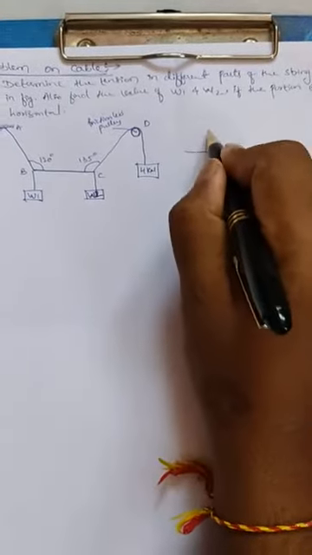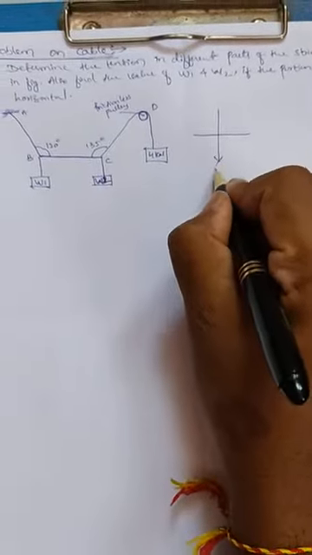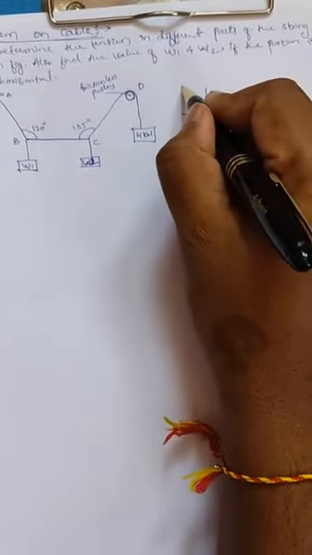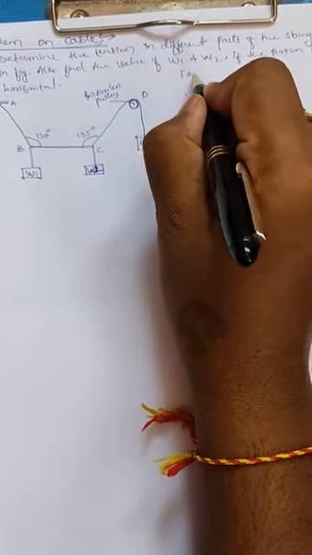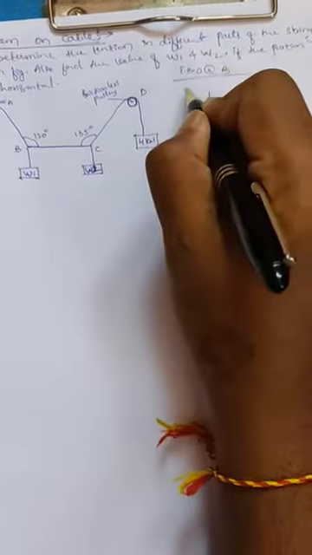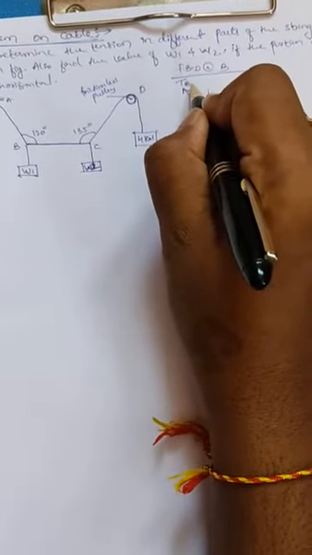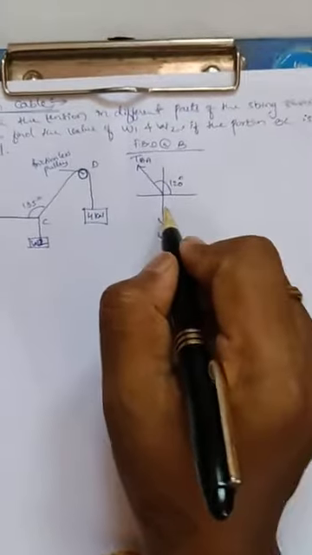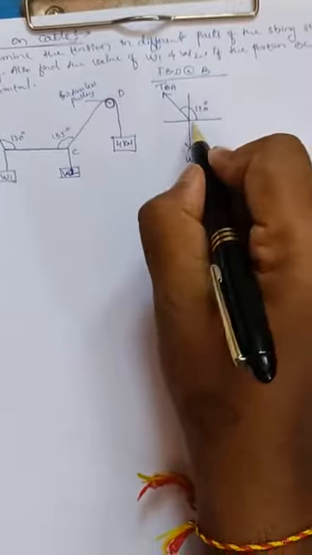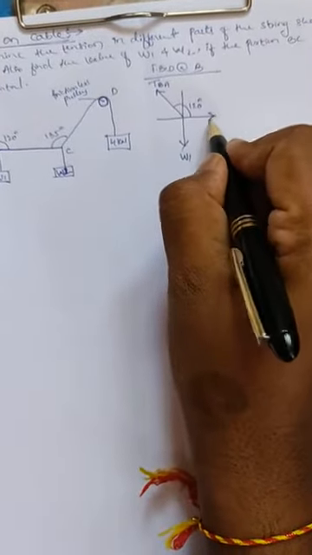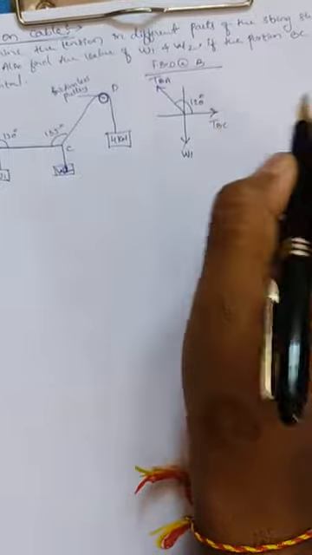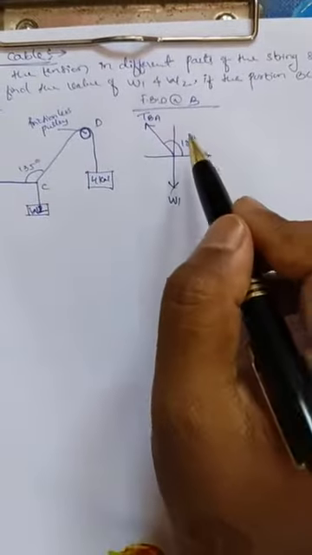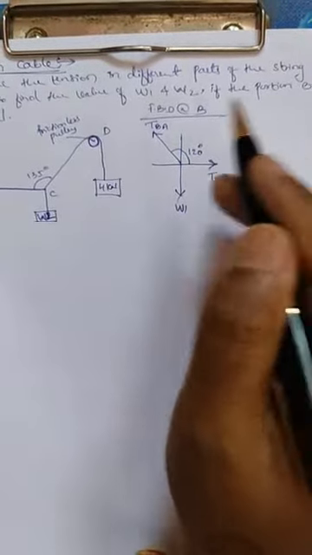First draw a plus mark. Now here we have W1. In the first quadrant we have a force. It is the free body diagram at B. So this force is TBA, and the overall angle given is 120 degrees. Along the x-axis we will have TBC. Look here, in this free body diagram we have three forces, but all three are unknown, so we can apply Lami's theorem here.